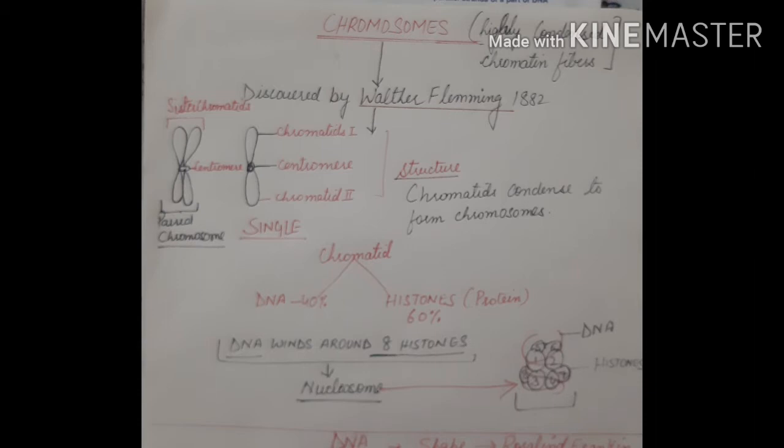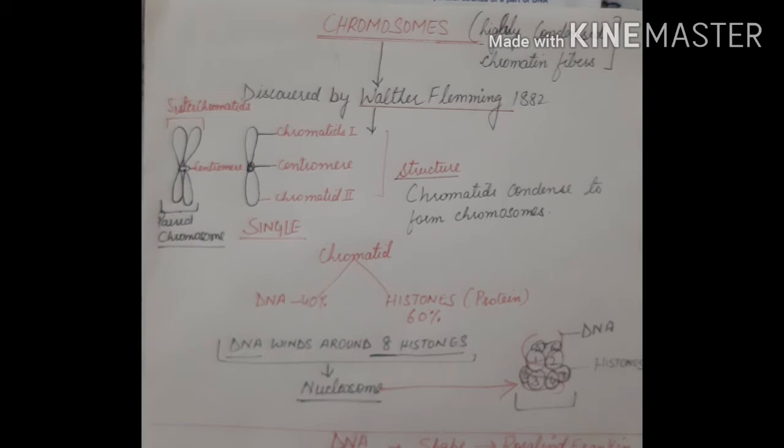Chromosomes never occur singly but always in a pair. So two chromatids join to form one single structure of a chromosome. The upper and lower chromatids are called sister chromatids. On the two sides, sister chromatids are joined in the center by the centromere.